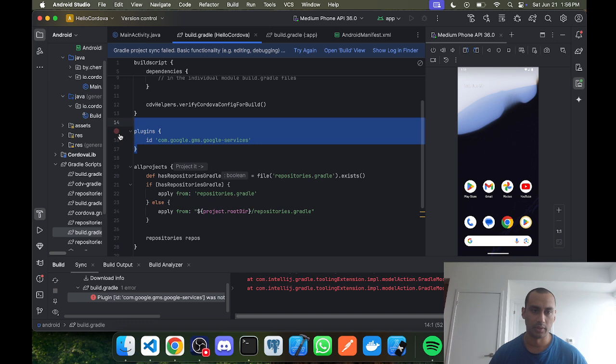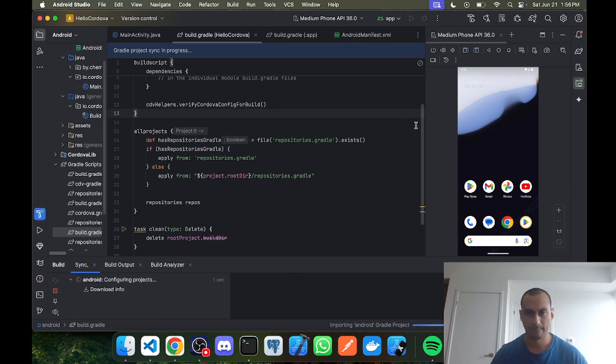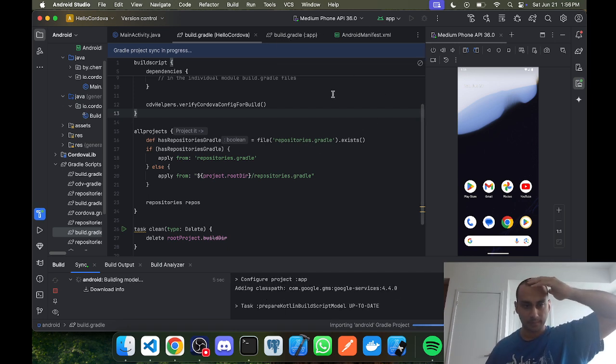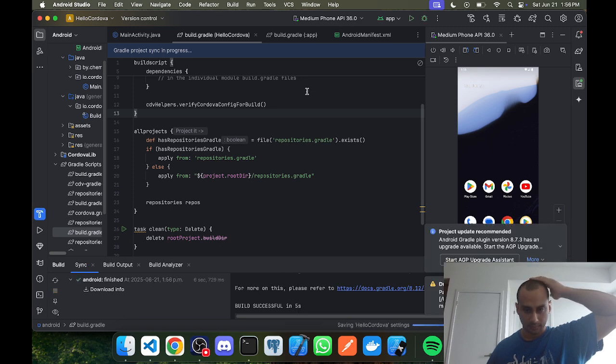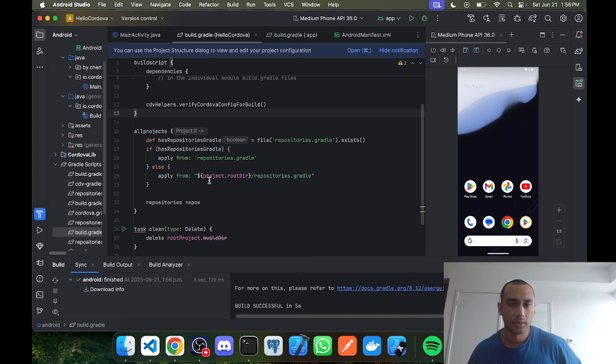Let's just get rid of the plugins. See, when you don't have it, it ends up working, which is the weird part. But you need that to work in order to